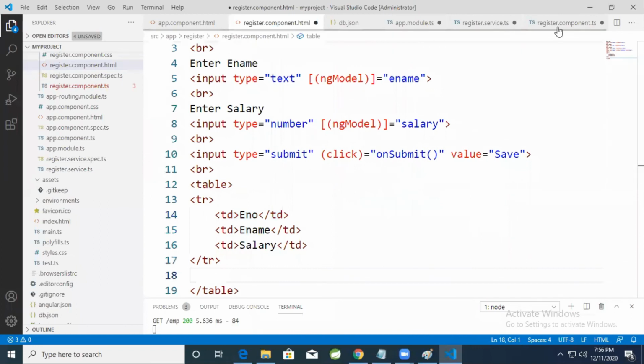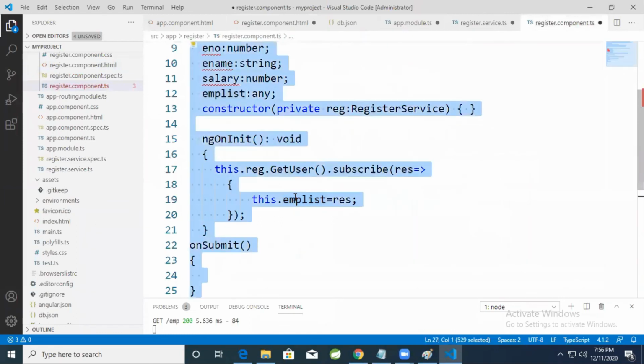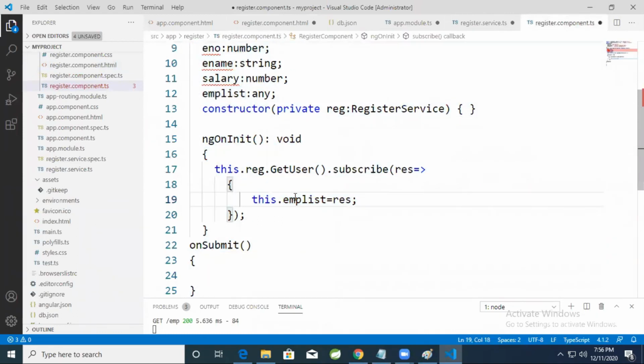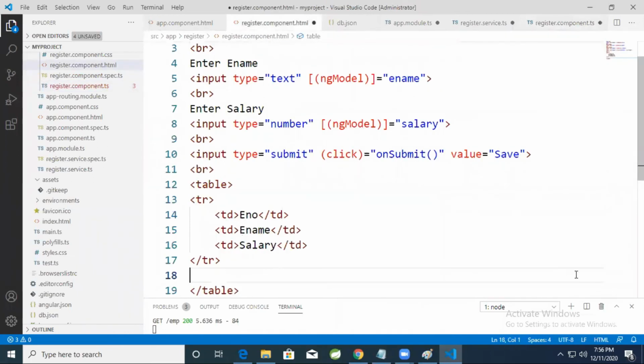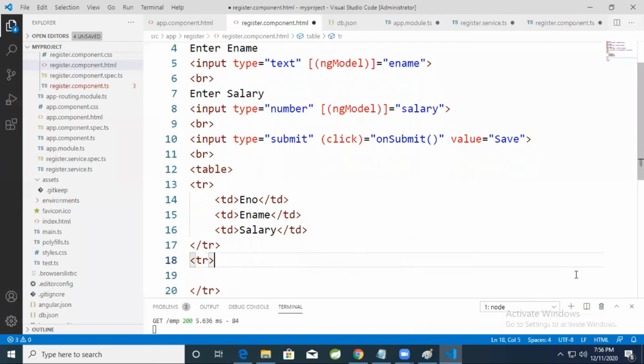And after this tr, now my result came to component. Now whatever the result came to component, that is stored in where? This variable, emp list variable. Now I will try to write one for loop and bind the data. So here I'll try to open one tr tag, and within this tr I'll try to type ngFor. What is this for loop? I think you can watch in other videos.